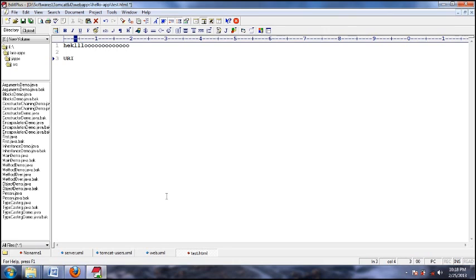Uniform resource identifier. Okay, URI is uniform resource identifier. So in order to identify our web resource, there should be some URI, but that URI will have a specific syntax. Okay, the syntax of URI is